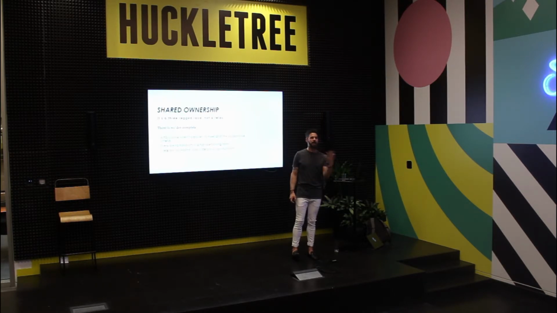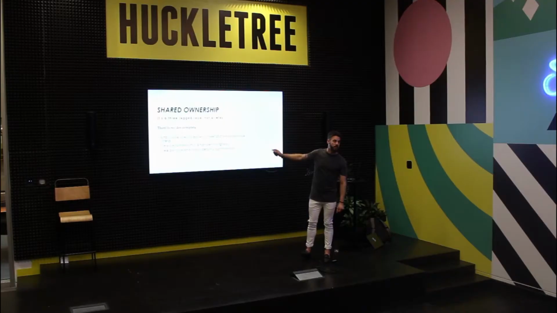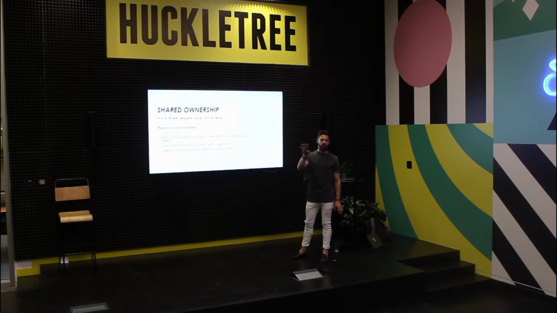And that's really back to classic XP practices. If you've got everyone you need at the same table, and even using the same keyboard sometimes, then brilliant. There are no misunderstandings, you get stuff done. There are no second-class citizens in a high-trust team. Everyone on that team should feel that they contribute equally to whatever feature or product you're developing, and share that same amount of pride in it.